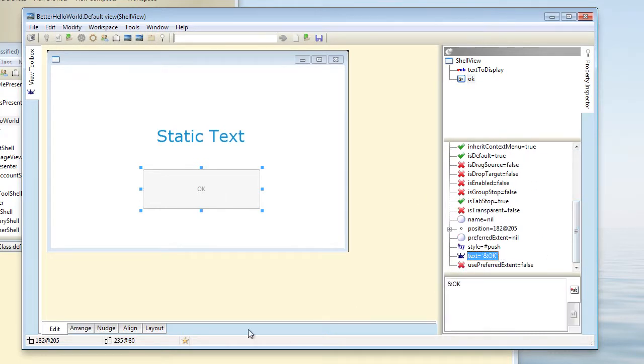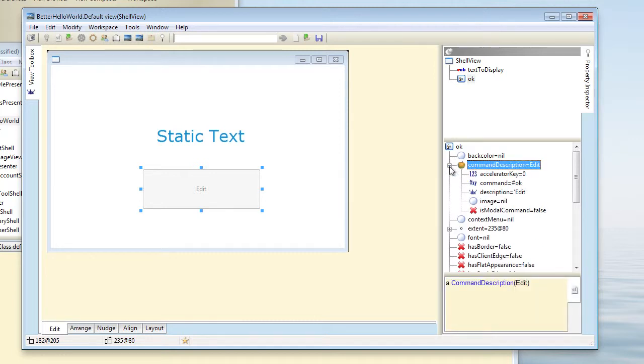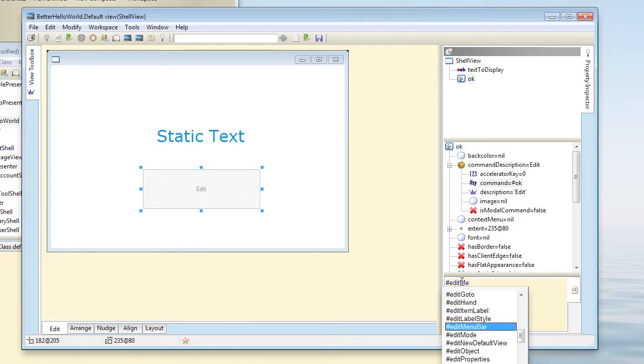We're going to change the text and make it an edit button, and now we need to specify the command that this will send to the presenter. And we do this in the command description node here in the properties editor. If you expand that, you see that there is a command here, and this needs a Smalltalk symbol. Symbols are preceded with a hash, and let's say call this edit. That's the command we're going to send. I'll accept that change, and